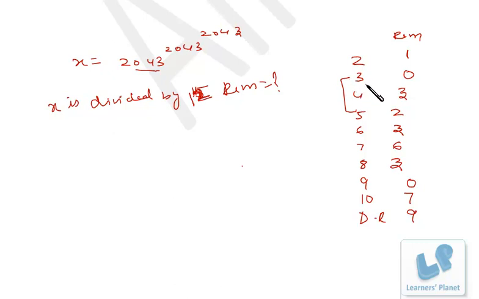3 into 4. Okay, so the number is in 3x format, or we can say 4y plus 3 format, right? Now once again keep on putting the value of y as 1, 2, 3. If I put 1, then 4 plus 3 is 7, not a multiple of 3. If I put 2, 4 2s are 8 plus 3, once again not a multiple of 3. Now if I put 3, so 4 into 3 is 12 plus 3, 15, right? So 15 is in 4y plus 3 format, as well as it is a multiple of 3 also, right? So if this expression is divided by 12, the remainder will be 15. Okay.